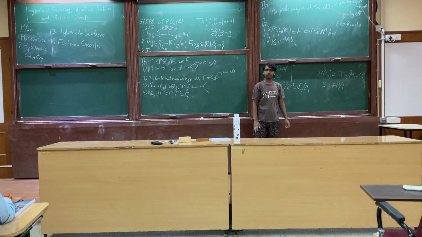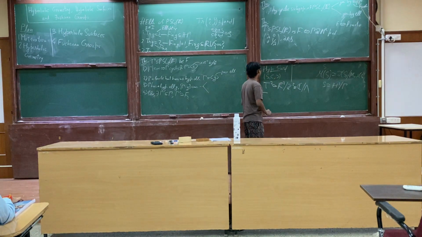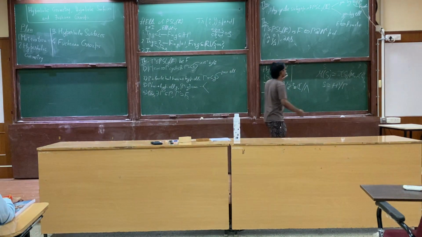Yeah. Any other questions? Another thing about that 4g-gon polygon, you mentioned that it can be parametrized in R to the power 6g minus 6 ways. What does this mean? Do you mean isometries or something? No, it means in the sense that